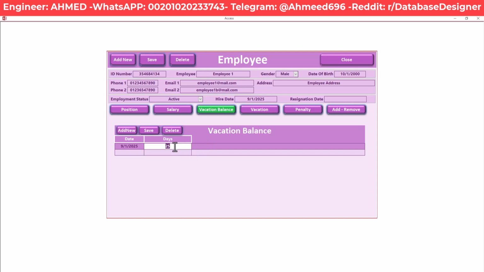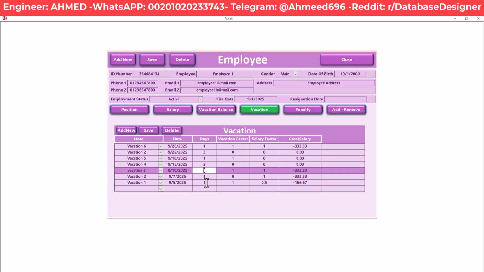If I reach this value 25, I will get a warning message that this one is not available. For example, if I try to change this one to get the high value, just like 20 days, for example,